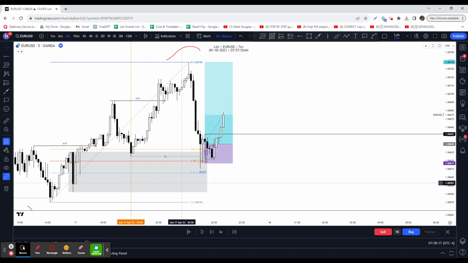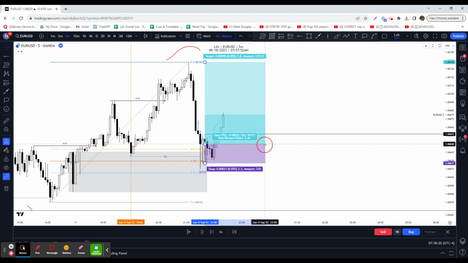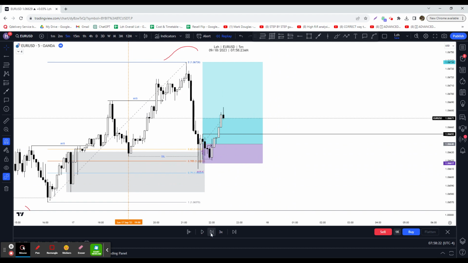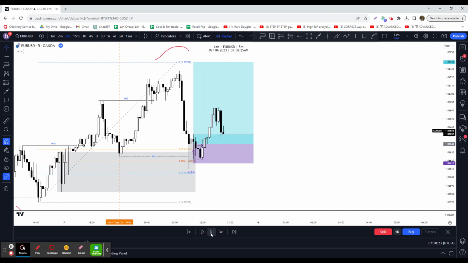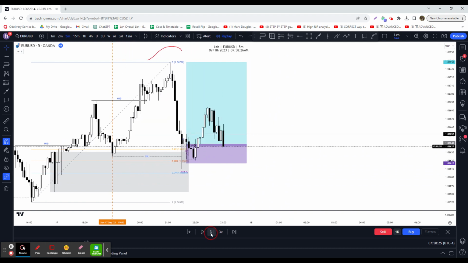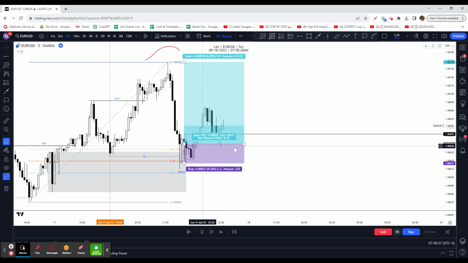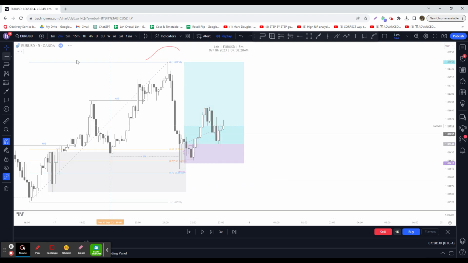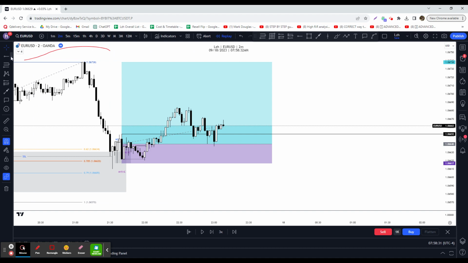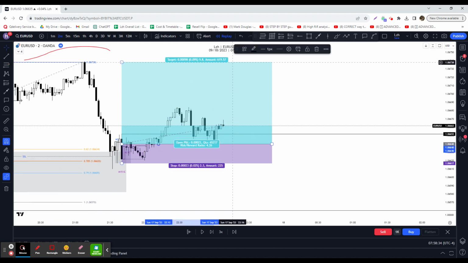So let it play out. Stick to the plan. A lot of breakdown to the low again, but see a lot of wick here taking out. If I go back to the M2, you can see that price taking out all this low,